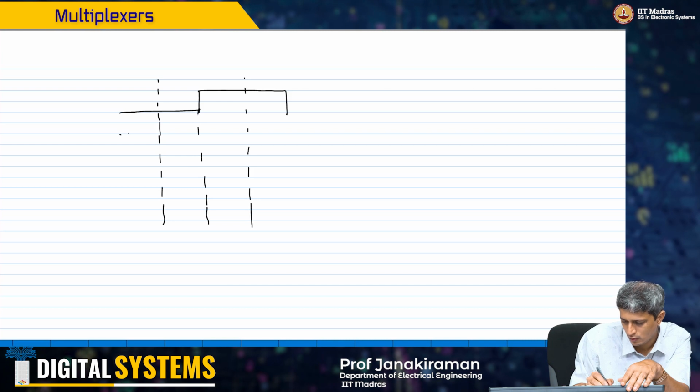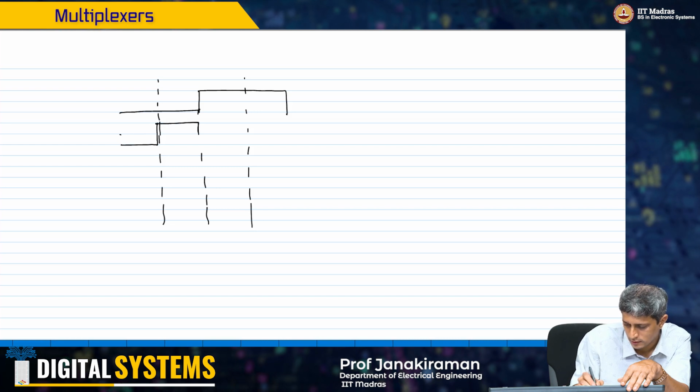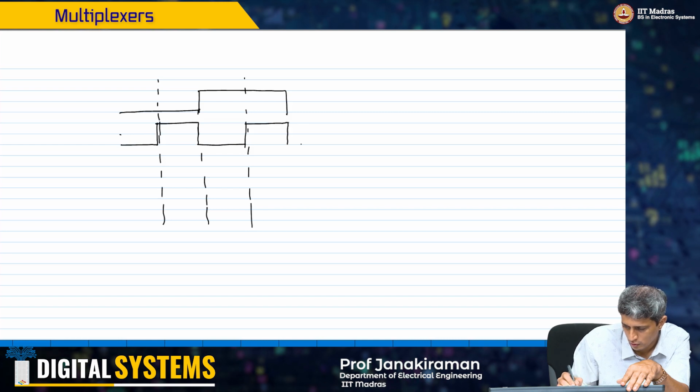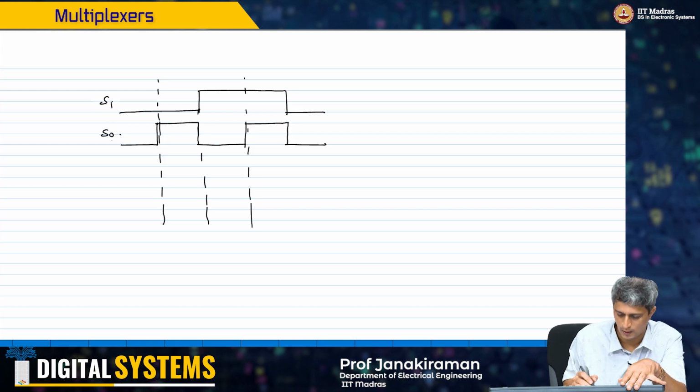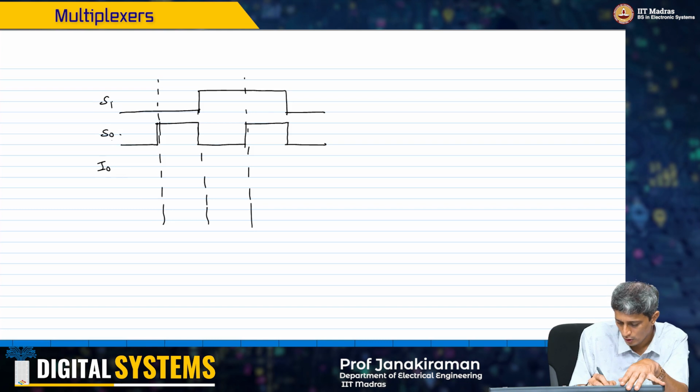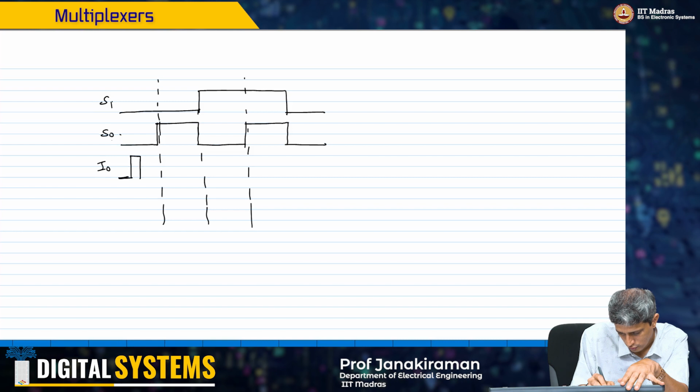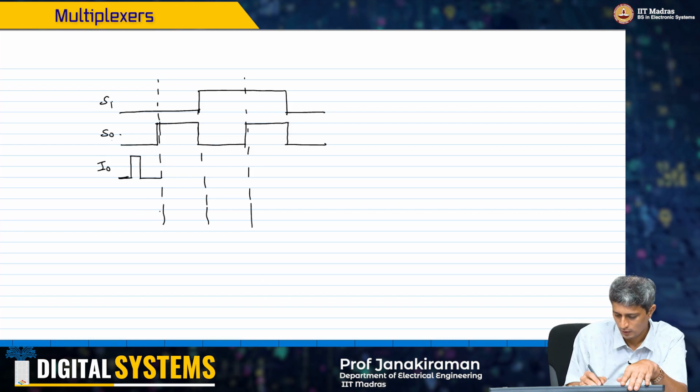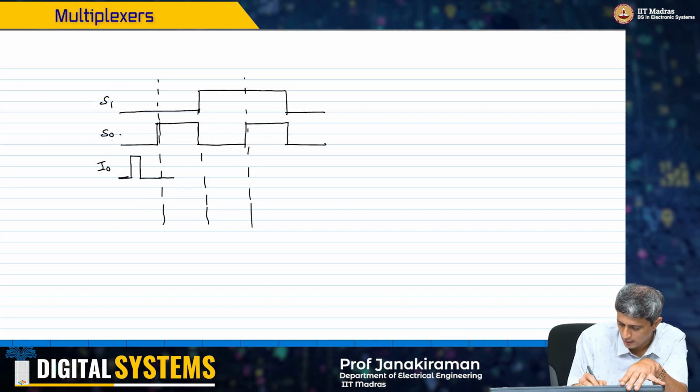S0 and S1 could be like this. S1, S0, this is your I0, my input, which could be something like this, and then you could have certain outputs